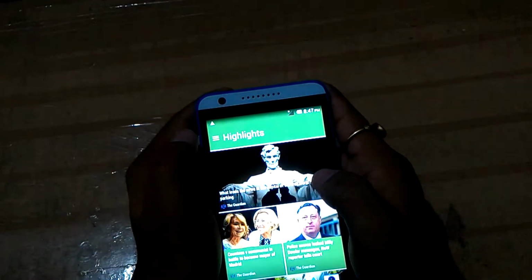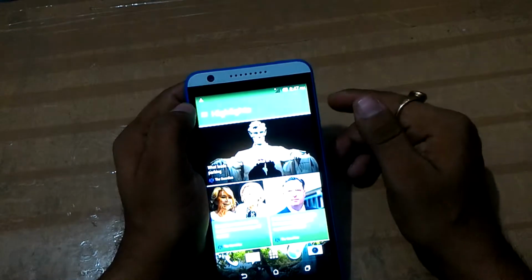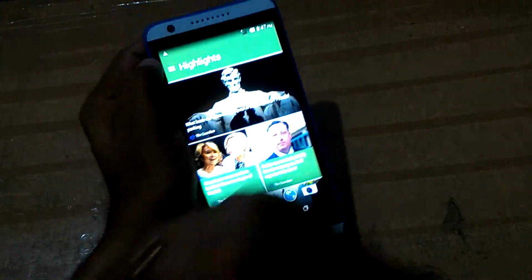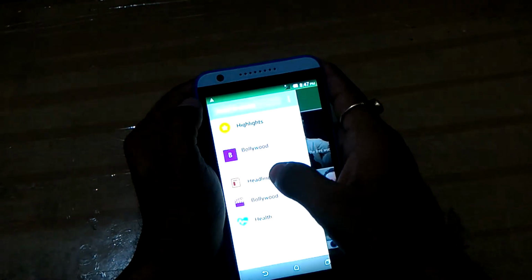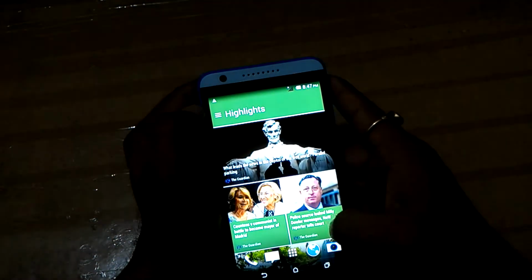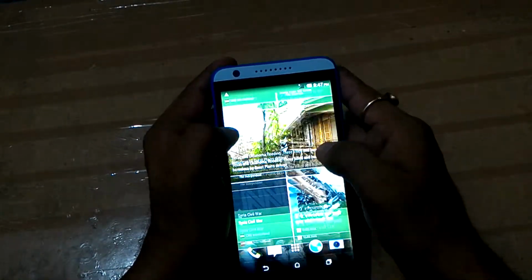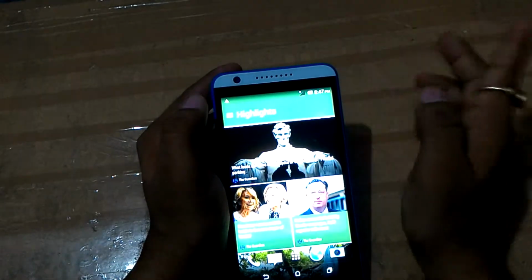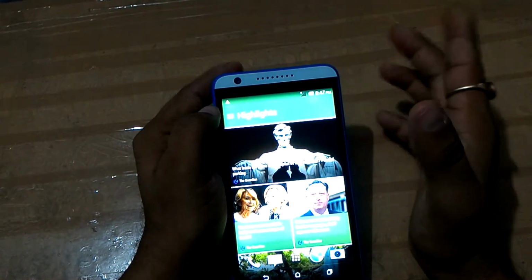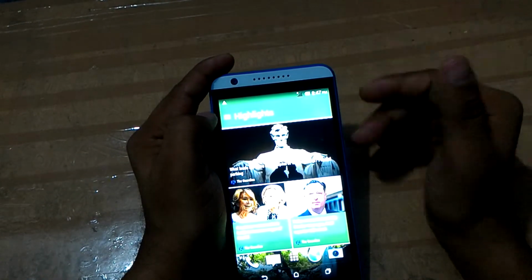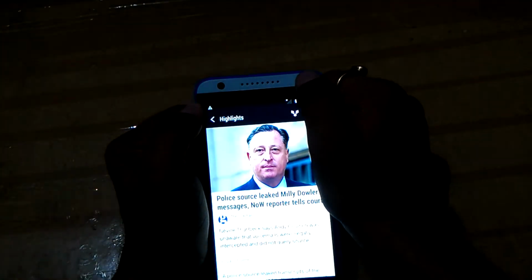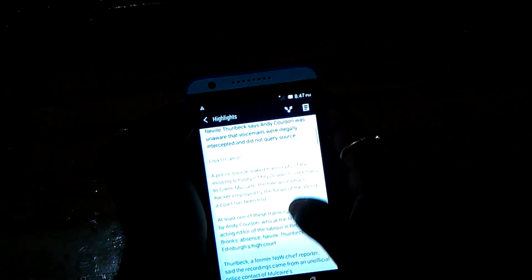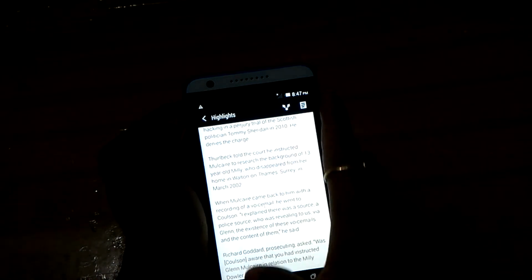So if you are in the office, or you are at your home and you are able to access Wi-Fi, then you can download each news from here, and each and everything is displayed here. So once you are traveling or going to your office by metro or by any bus, you can read each and everything offline also. I have switched off the Wi-Fi and I am still able to read news. So it is one of the best things in the HTC